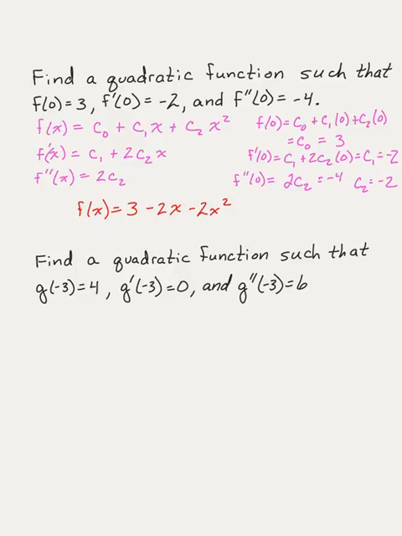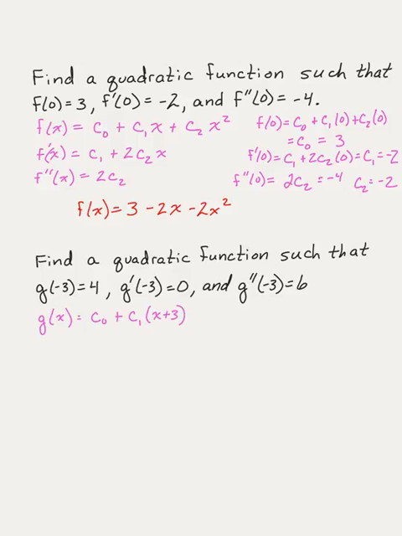All right, so let's try this again with another problem here. Find a quadratic function such that g of negative 3 is 4, g prime of negative 3 is 0, and g double prime of negative 3 is 6. All right, so this situation is a little bit different because we have a g of negative 3 instead of a g of 0. Now, the way that's going to change things is our function is going to be written as c sub 0 plus c sub 1 times